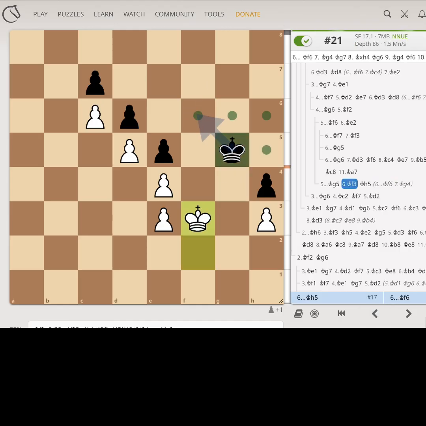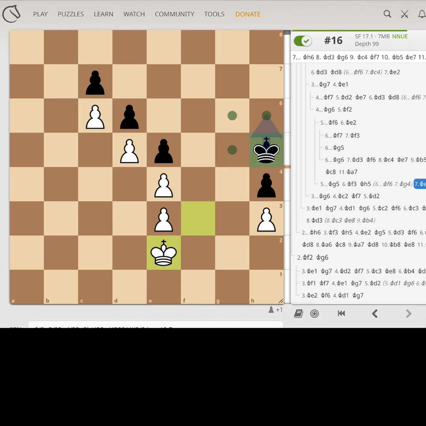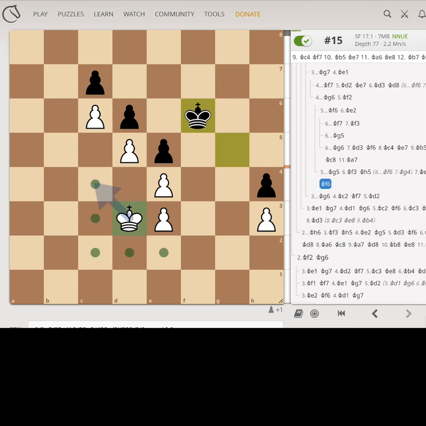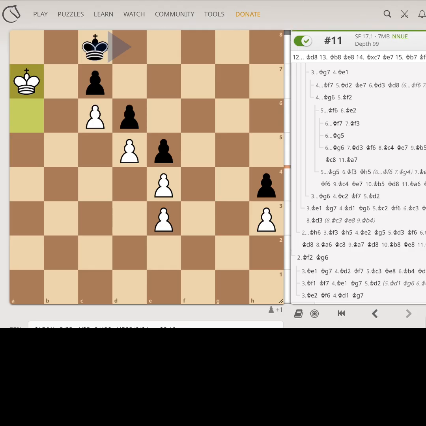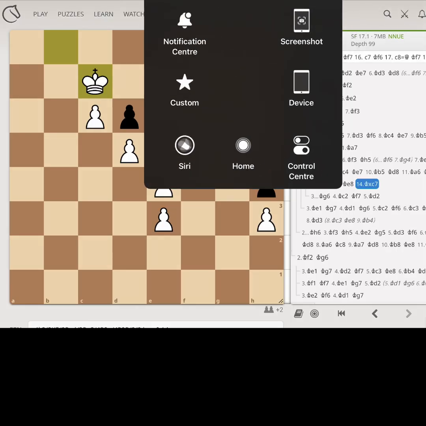So black has only the choice to step on h5, and then in the end, in that case, white will be able to run to a7 and win their position on a7. So white will win the game anyway. So these are all the variations which we had to consider. There are more steps, so let's return back to